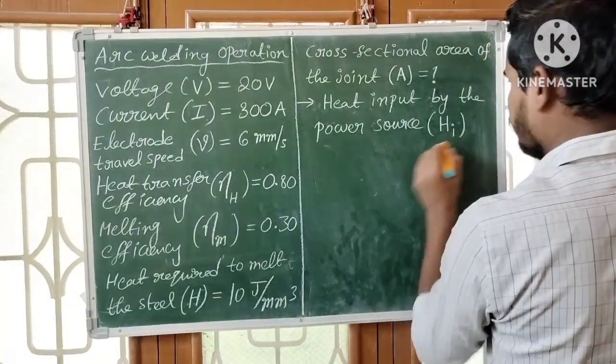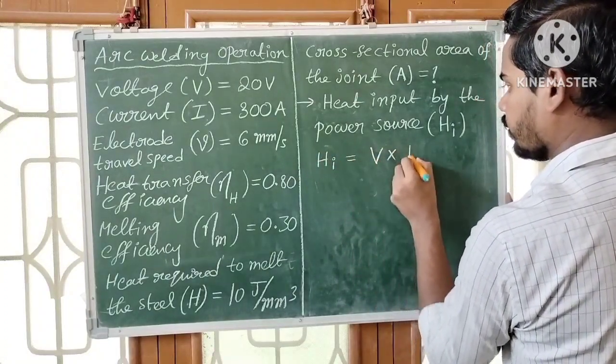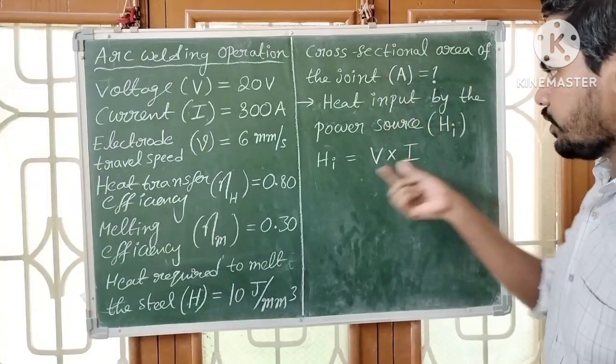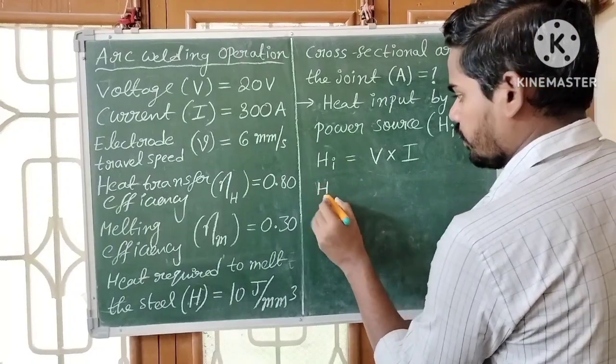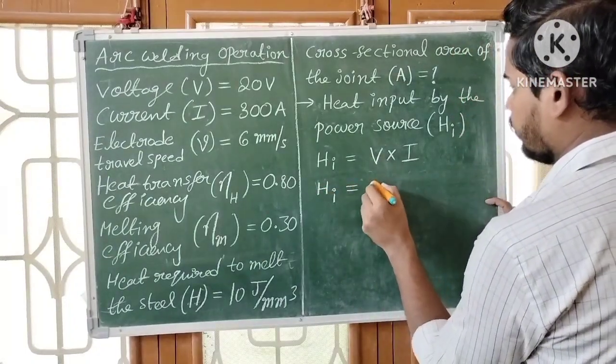HI is equal to voltage into current. Heat input is equal to voltage, 20 volts,